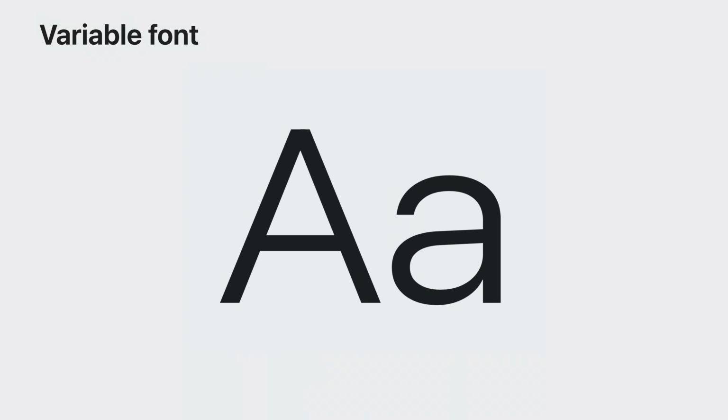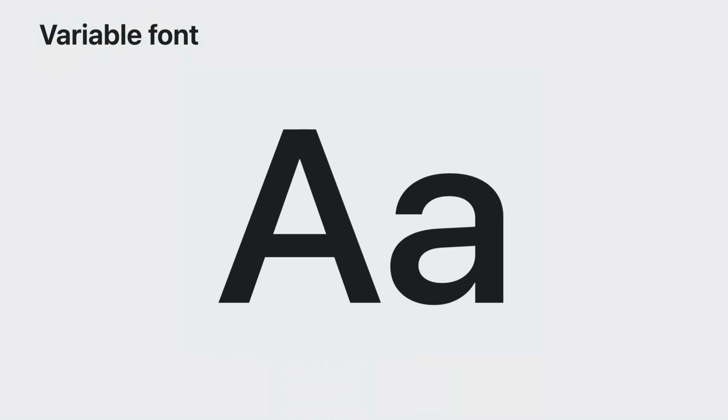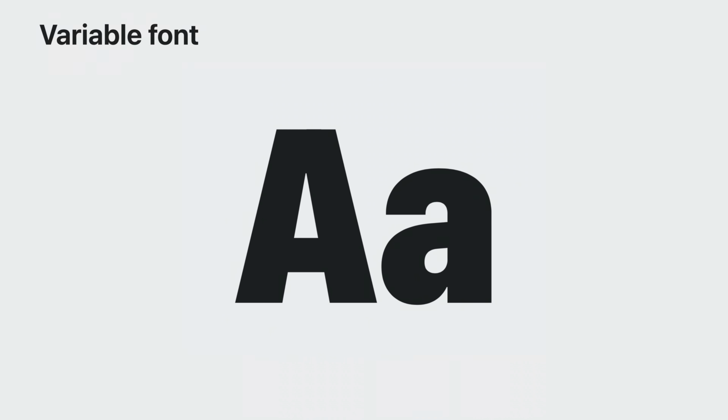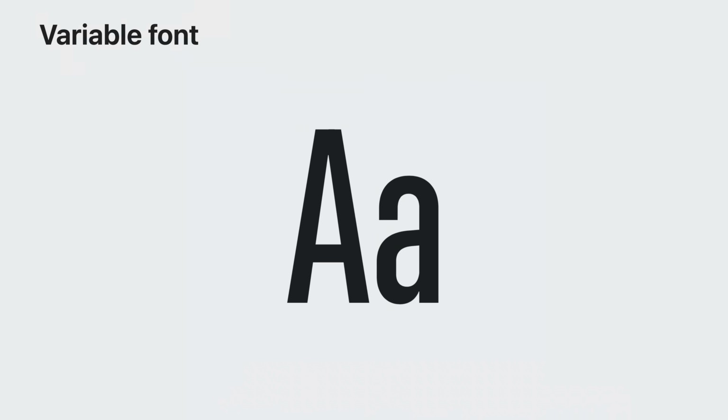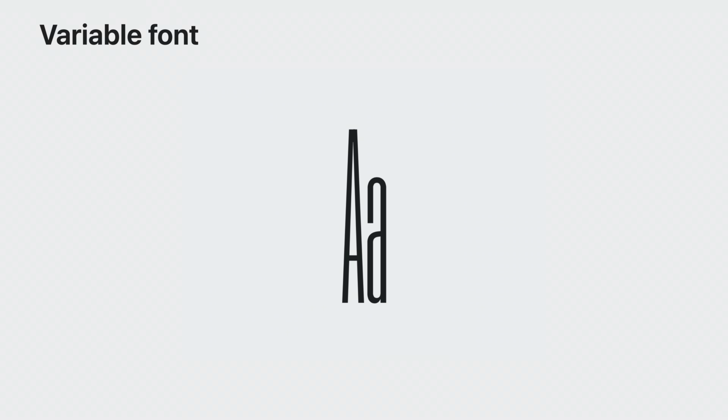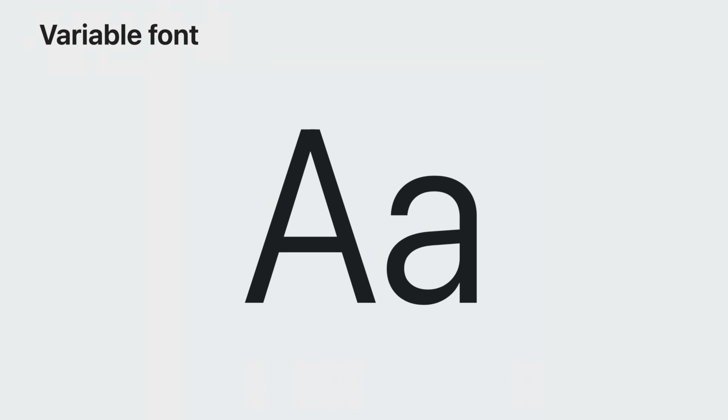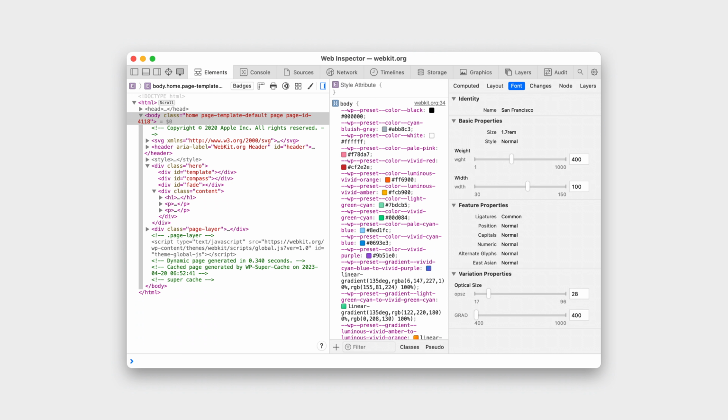A font designer can make almost every aspect of a font configurable, from the thickness of the stroke, the curves of the glyphs, the width of the characters, and many others. The possibilities really are vast. All aspects of a variable font that can be configured are expressed as variation axes. To know which are available, you'd either have to read the font's documentation or use a special tool that reveals this information. Web Inspector can help here.